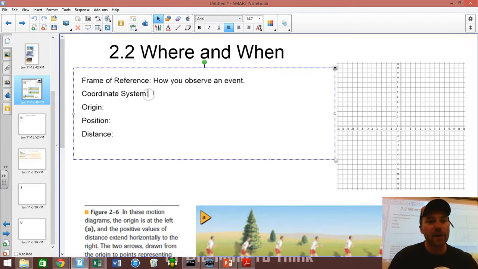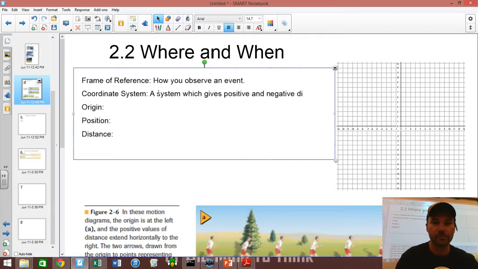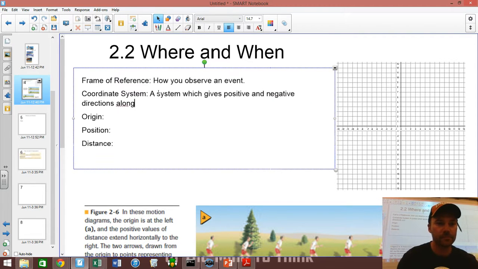A coordinate system. A coordinate system is a system which gives positive and negative directions along with magnitudes, meaning how much. Like in this coordinate system here, you can clearly see this is the positive direction, these are the negative direction, positive direction, and each of these squares represents 1. The origin is where